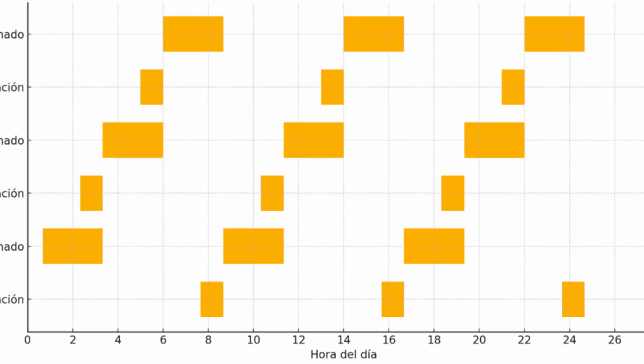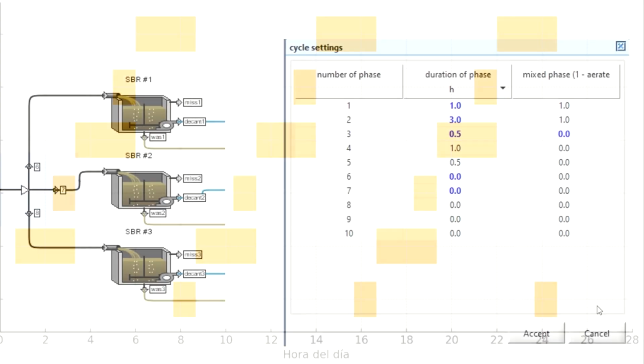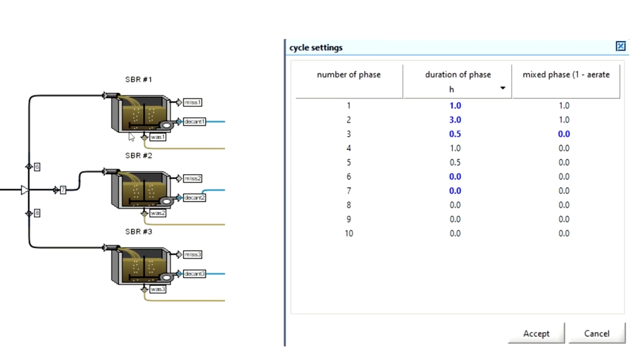In our model, if we right-click on one of the SBR reactors, we can access the cycle configuration. By default, the software offers us 10 phases, but we can adjust them to our needs. In this case, we have programmed 5 phases. The first, lasting 1 hour, with regime 1, which means mixing and aeration. A second phase continues for 3 hours with this same mixing and aeration regime, and we move on to a